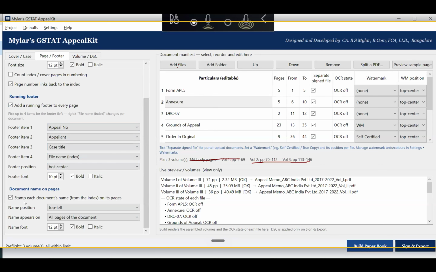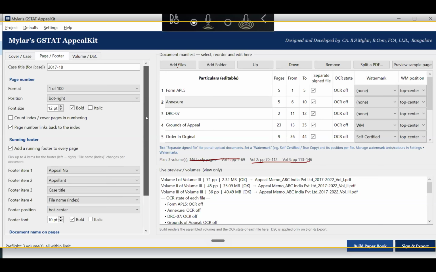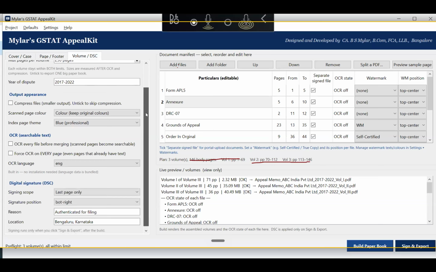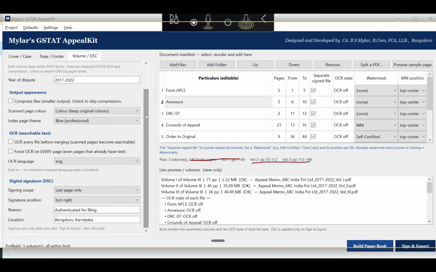Then again, index, if you don't want, you can remove that. And next option, splitting. I have given 50 MB by default. If you want, you can increase. Year of dispute, you have to mention, so that file names will be with the